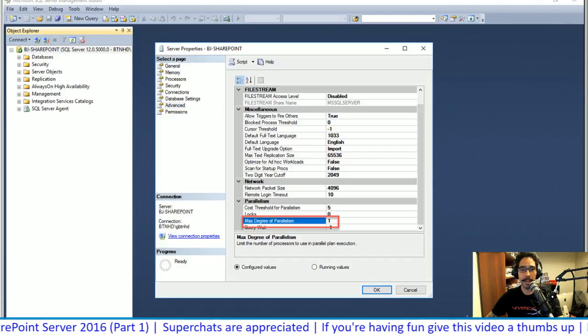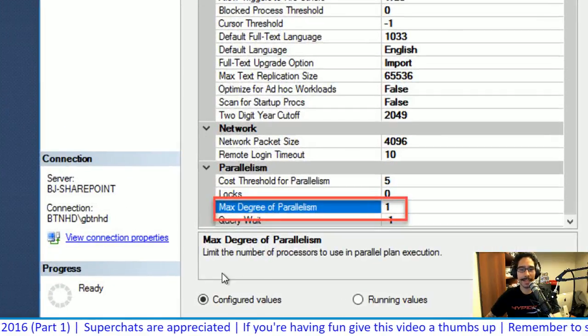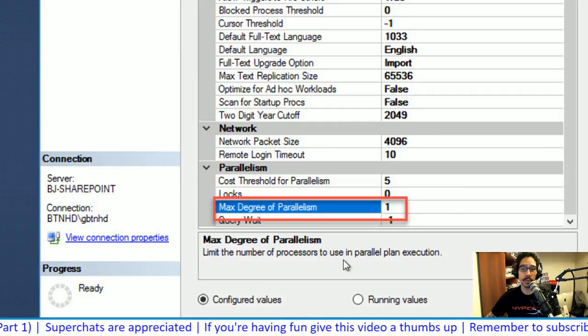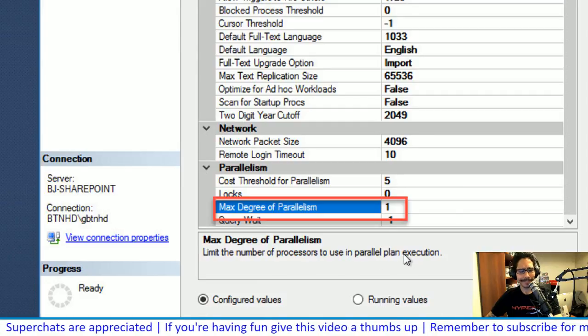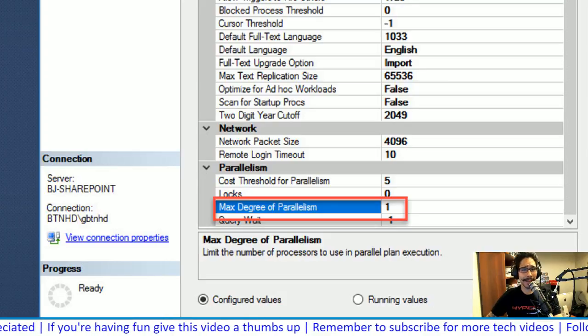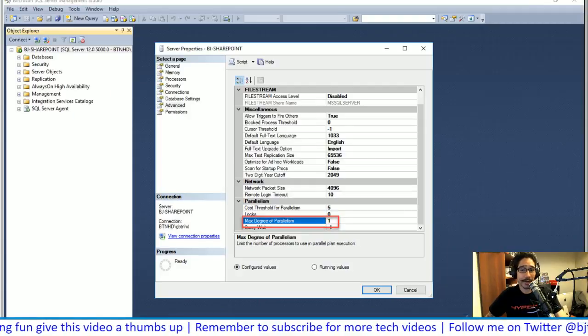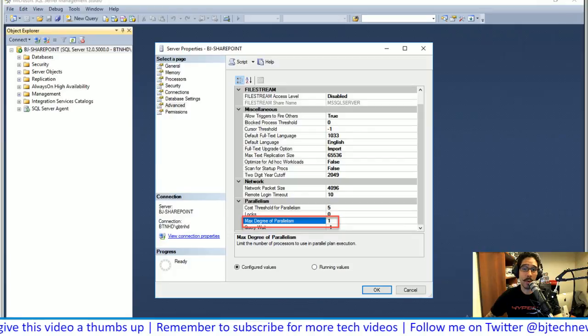Okay. The max degree of parallelism, let me see if I can zoom in for you guys. It says it limits the number of processors to use in parallel plan execution. I just read the article and I just blanked out. I was like, okay, it wants me to change it to 1. And I didn't even really bother doing too much research on it. I was like, okay, I just need to get this stuff done. That's the requirement that